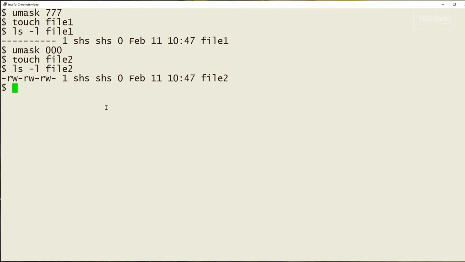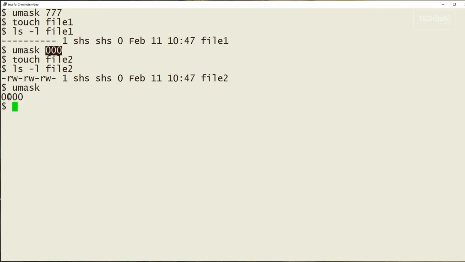Keep in mind that changes to umask will not affect existing files, and that umask settings will be in effect even if you never use the command. If you simply log into your account and type umask, you will see the current setting. Now, in this case, it's all zeros because of what we did up here.